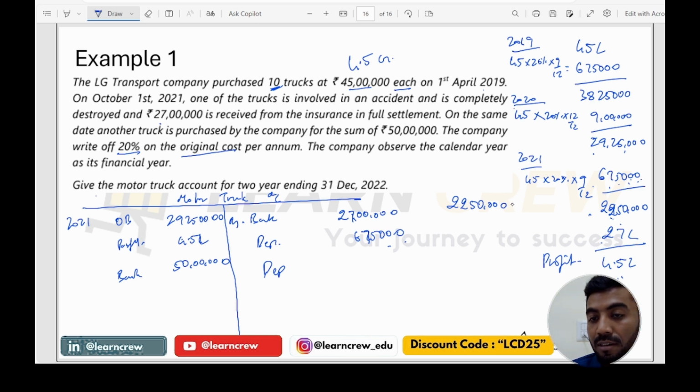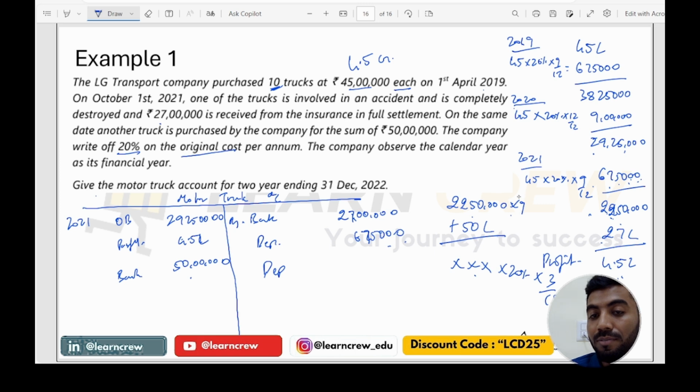For 10 assets, here we need to calculate for 9 assets, so into 9 you have to do. You will be getting one value. So basically 22,50,000 into 9. On this you will have to add 50 lakhs, the new asset which you purchased. On this value, whatever you're getting, we need to calculate a depreciation of 20% into 3